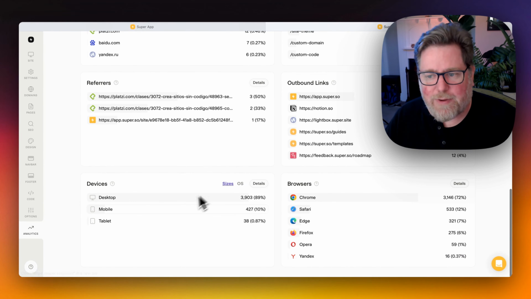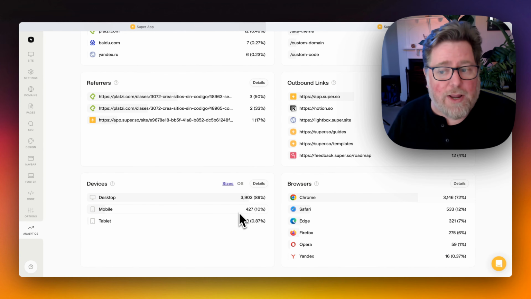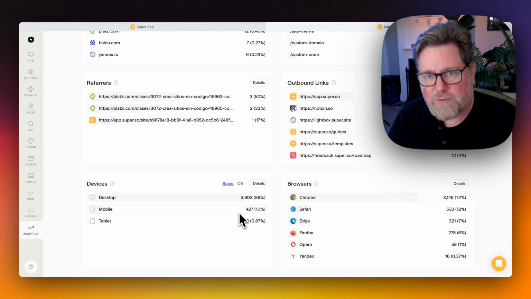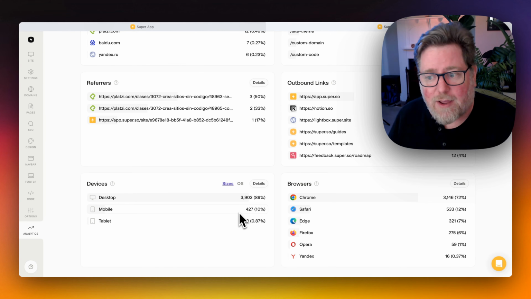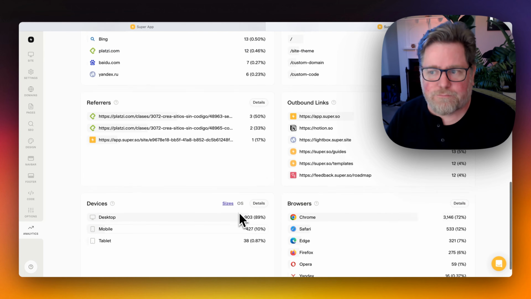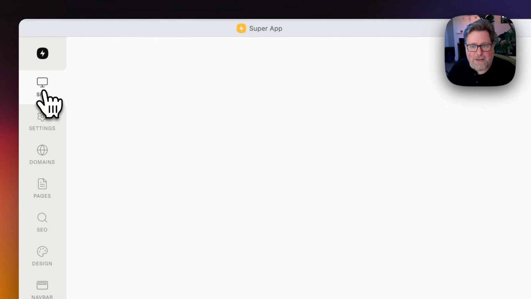There's also information about the devices and the browsers that the people are using, which is also useful for you to determine how much effort you need to put into optimizing your site for different devices or sizes or for browsers. Most devices and browsers are fully supported by Super out of the box anyway, but it might be around how you structure your content. So the Analytics tool is available in the Analytics tab, and if we go back to the Site tab,